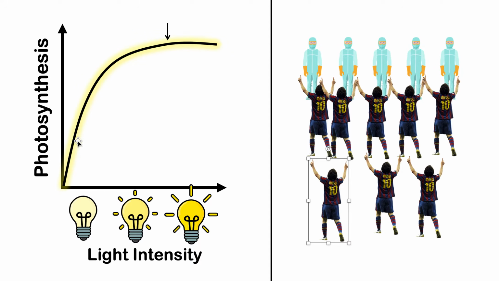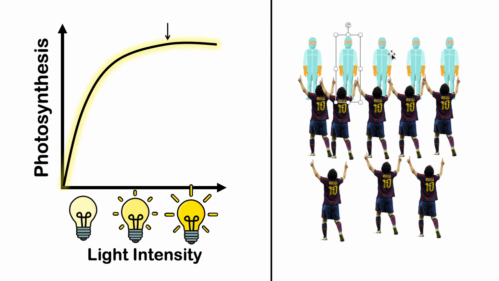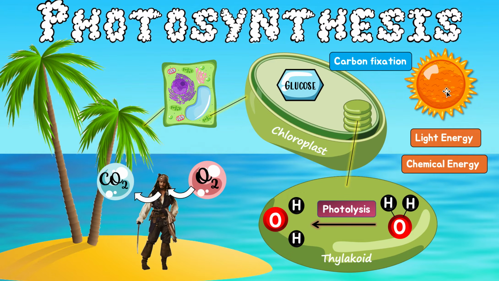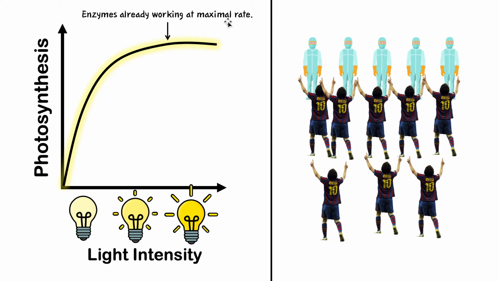So initially, as we increase light, photosynthesis increases and increases, and then eventually the thylakoids will get so busy, so full, that even if you give them more light, they can't go faster, and so it will plateau. These guys here represent enzymes that are working in the thylakoids, right? In our thylakoids, we have the enzymes that are using this light to split apart the water, but they will get full. They won't be able to do any more. These photosynthetic pigments will be full. So here we can label it: enzymes already working at their maximal rate.